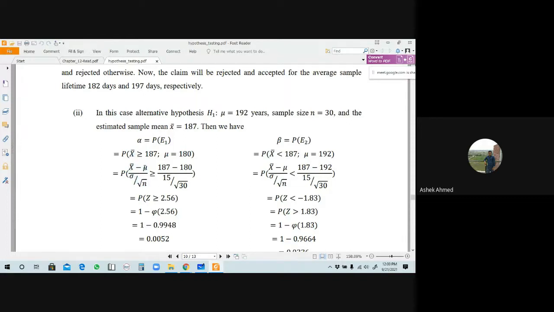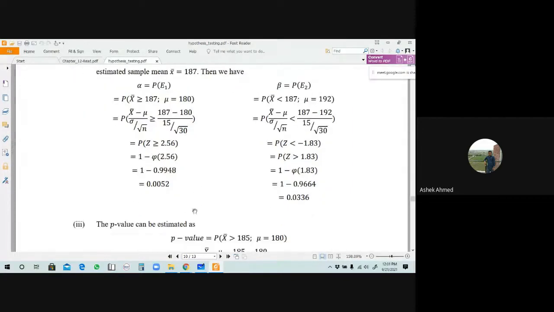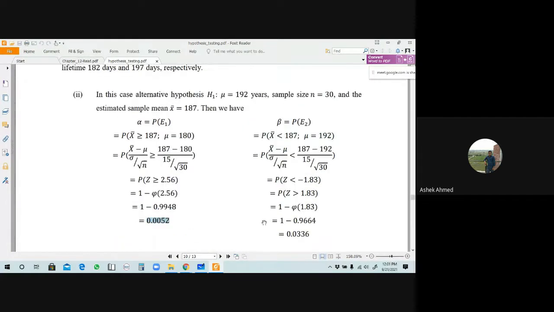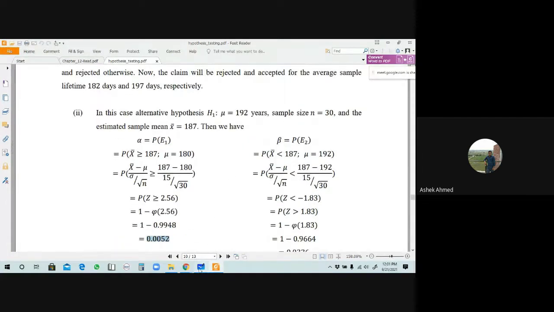Okay, you have to remember that the value of mu will be this value, 180, and you apply it. Sigma is given and the value of n is given. So you have to apply this, then you will get this result. Okay, so you have to practice this problem. Now we will discuss beta.